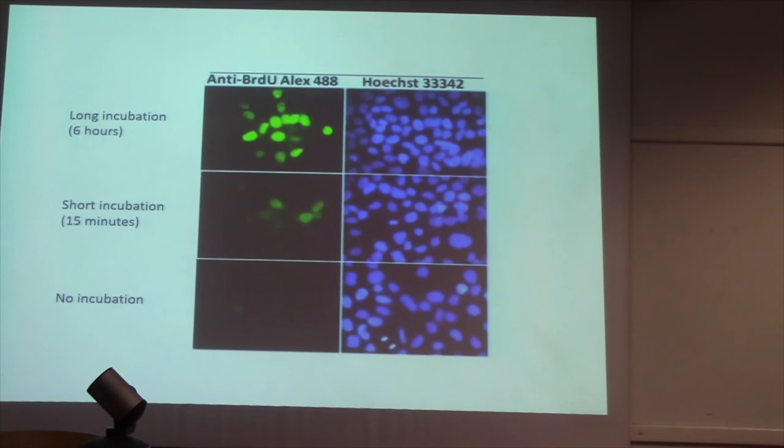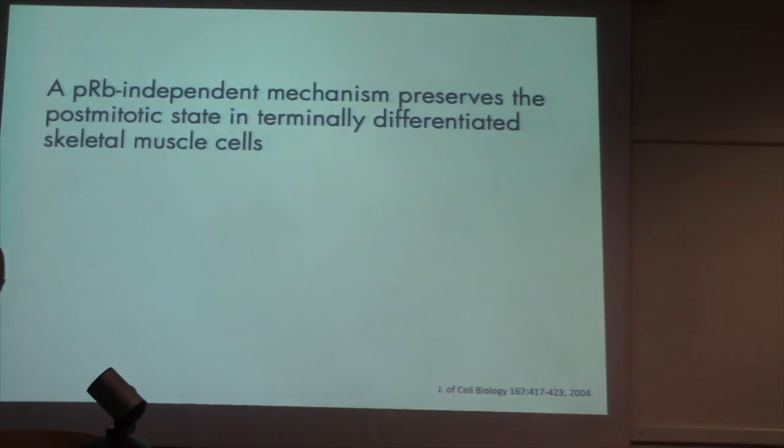The final example I want to show you is no longer a theoretical example, but a real situation in the laboratory. Let's look at this paper published quite some time ago. "A PRB-independent mechanism preserves the postmitotic state in terminally differentiated skeletal muscle cells." A long title that basically says,